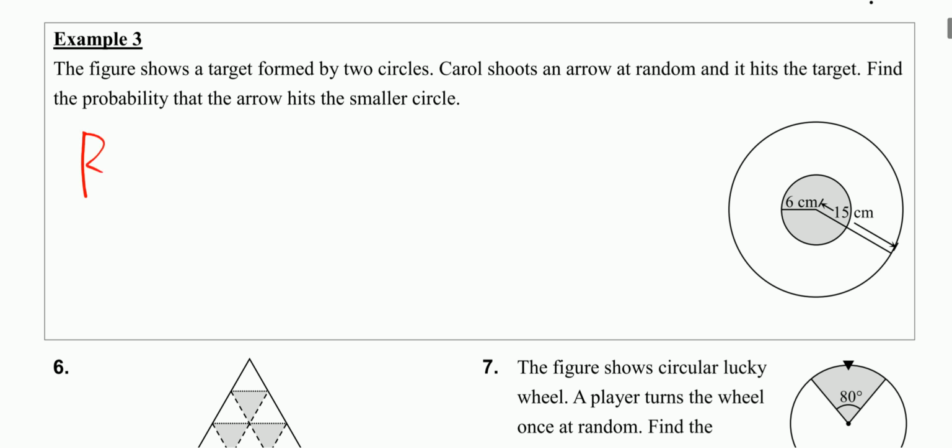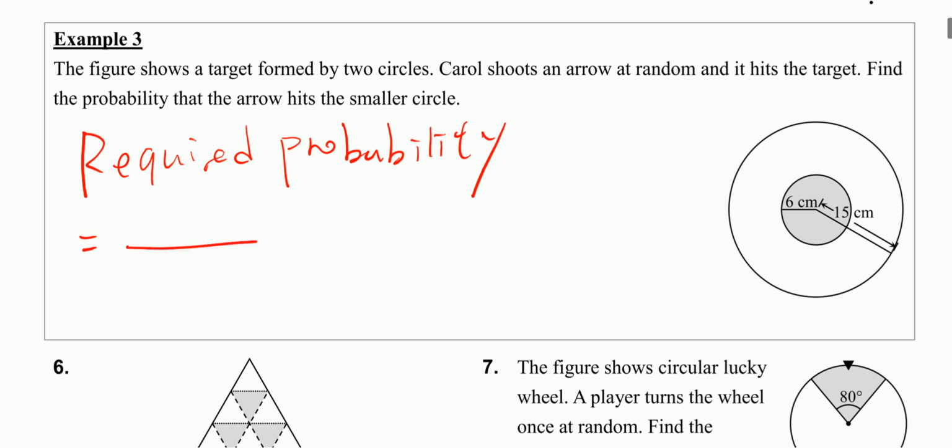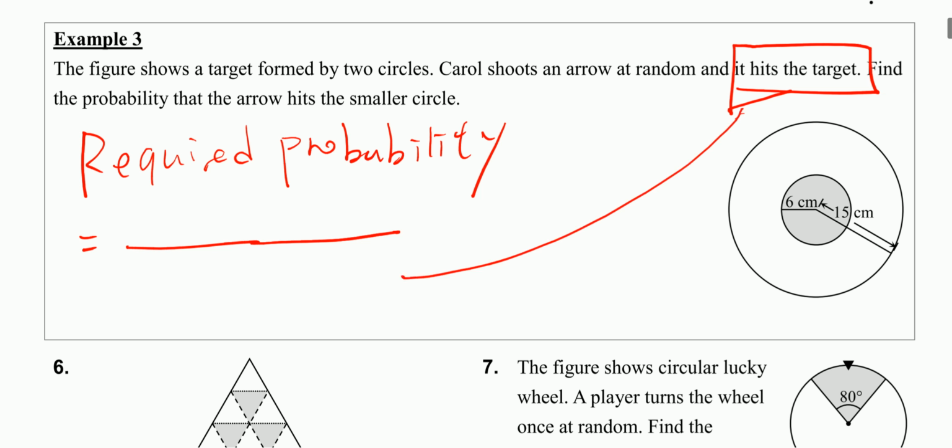And so you can base on similar ideas to complete the questions, so we can just write down: the arrow hits the smaller circle, the required probability. And we can think of it this time for the required probability. You know that it hits the target, so that means the possible outcome in here should be the bigger circle, that is pi times 15 squared. Okay, I write down that this represents the area